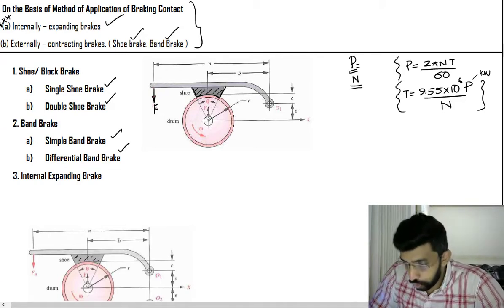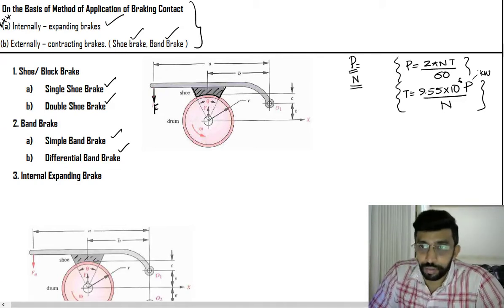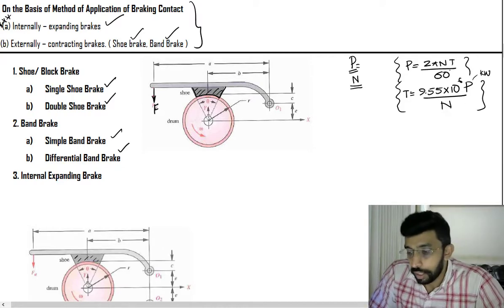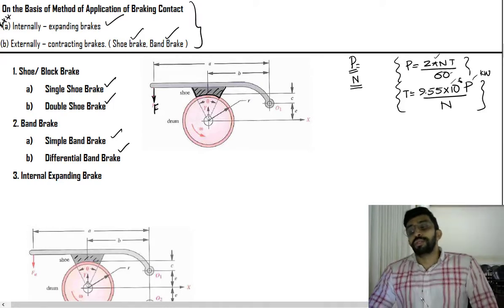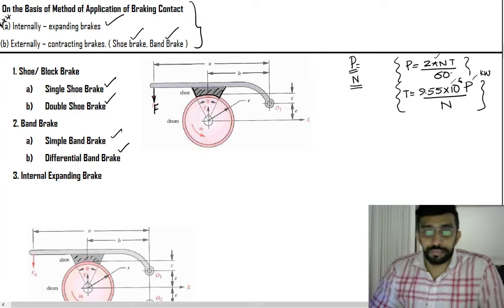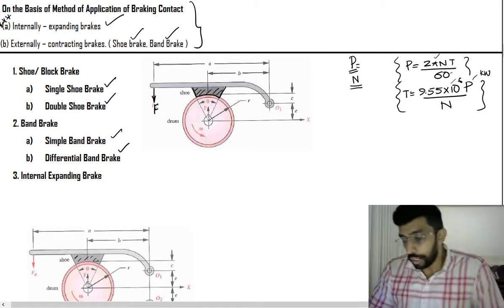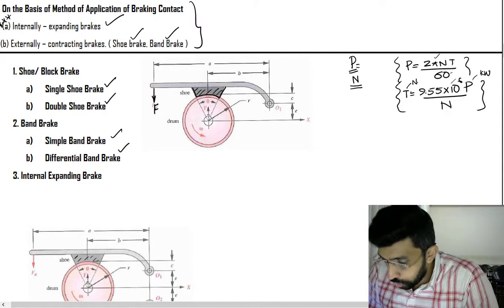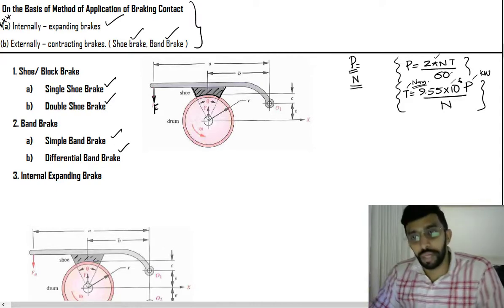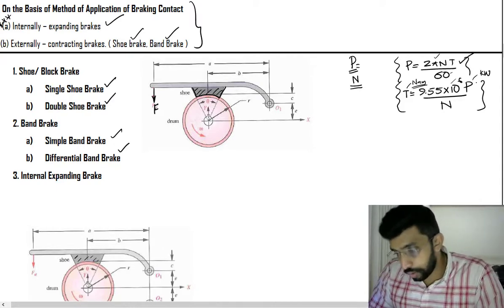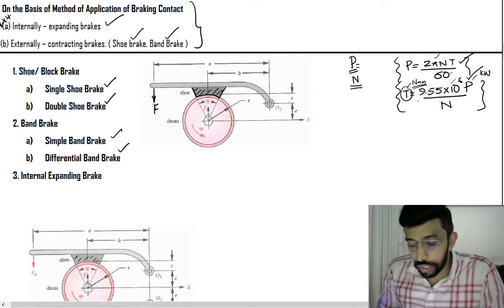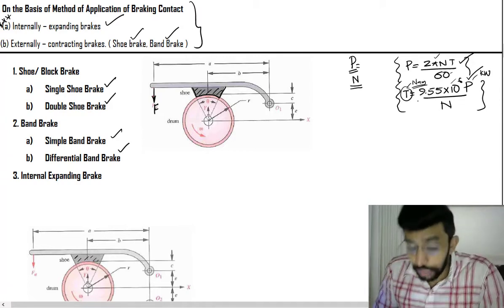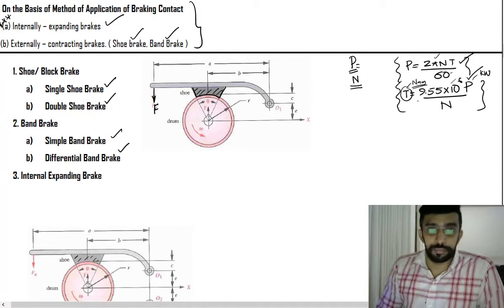Anyway, these two equations are one and the same. They are not different equations, they are the same. Here you have got constants 2, pi and 60. Here everything is tabulated into this 9.55 × 10^6. That's all. So here you will get the value of torque in Newton mm. Either you can use this equation or this equation to find the torque. So right now, from the power we can obtain the amount of torque that is being carried by the brake.